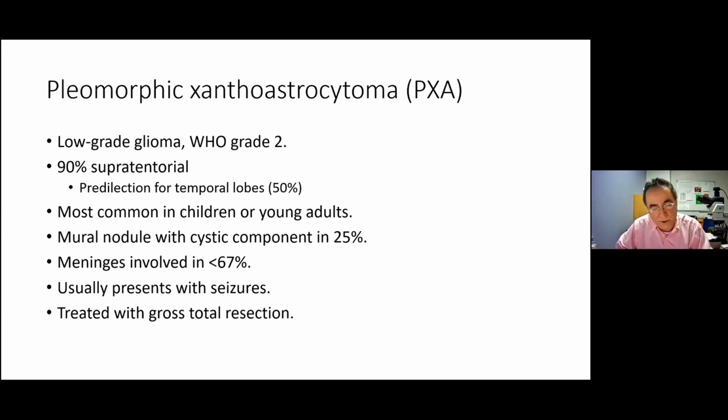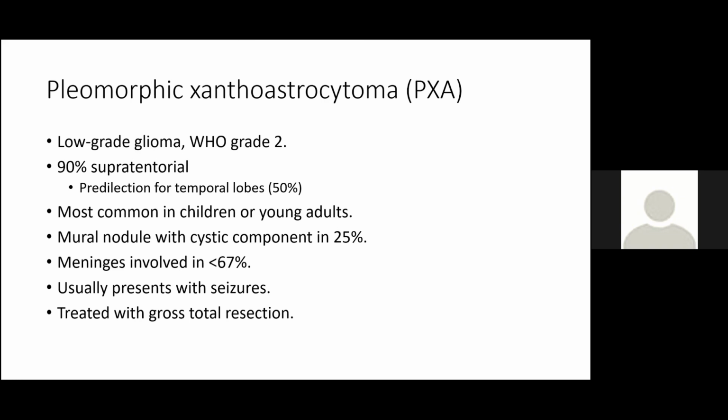Exactly. The frozen is never perfect because of the freezing artifact. So we rely a lot on the radiology. We sometimes suggest the possibility of PXA if it is cystic and superficial. But in the majority of the cases, it is very difficult to be certain whether it's a glioblastoma or PXA